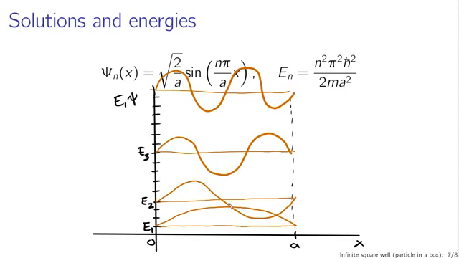So, half a cycle, 2 half cycles, 3 half cycles, 4 half cycles, gradually moving up in energy from effectively 1 to 4 to 9 to 16, going up as n squared. So this is what our wave functions look like, and they have a lot of nice properties that we'll talk